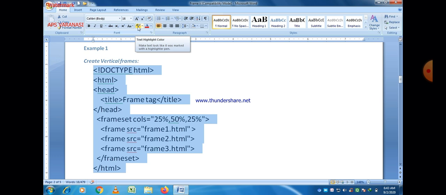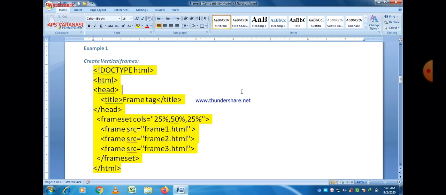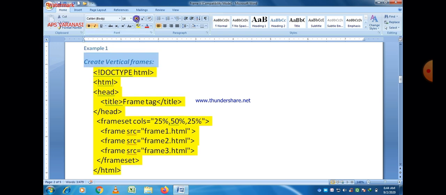Then head, and then the title of the web page is frame tag, and then you can easily see frameset and COLS. Basically this is used to represent frames in terms of columns. So three different frames are used here.